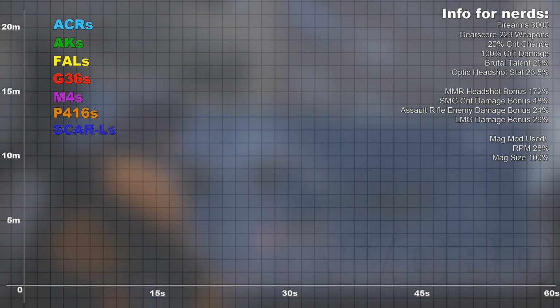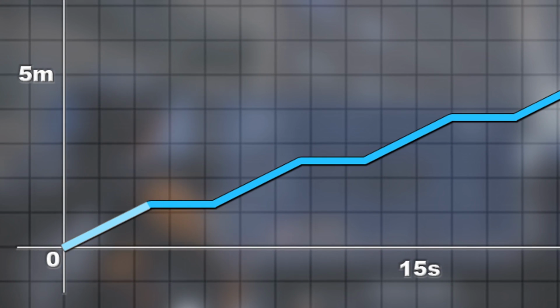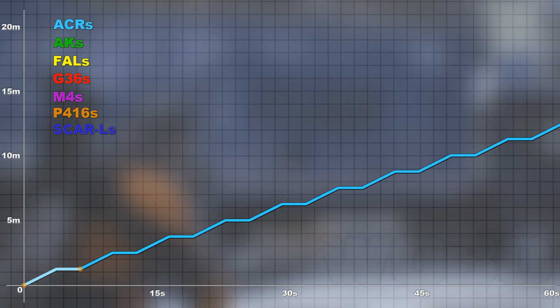This graph shows us damage on the left in millions and time on the bottom in seconds. As an example, if I add the ACR sub-weapon category, this diagonal line represents the ACR while it's firing, and this horizontal line represents the ACR while it's reloading. So from this point to this point is the cycle time of a weapon. We then simply duplicate that cycle time across the chart to see how it performs over the course of 60